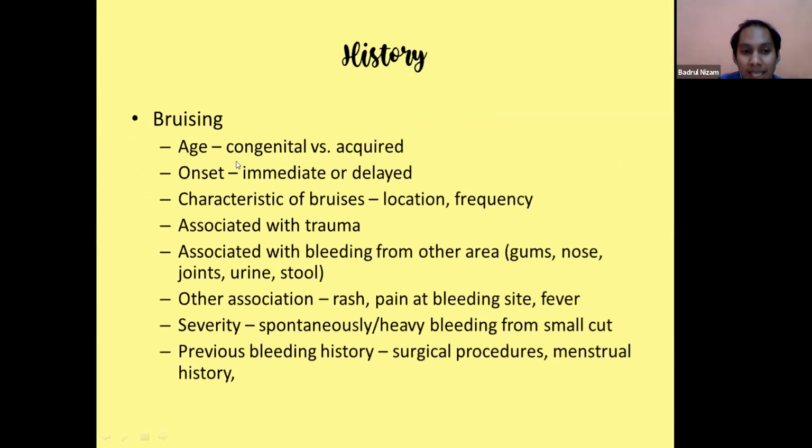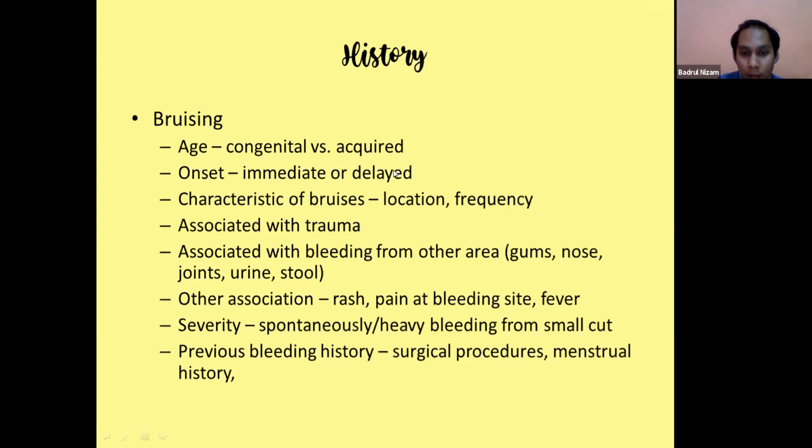What we need to ask first is the age, whether the bruising started in early childhood or later in life, where early childhood is usually associated with a congenital problem, while later in life is usually an acquired problem. Then we need to ask about the onset of the bruising, whether it occurs immediately after the trauma or is delayed. Usually, immediate bruising is associated with platelet disorder, while delayed bruising usually involves the